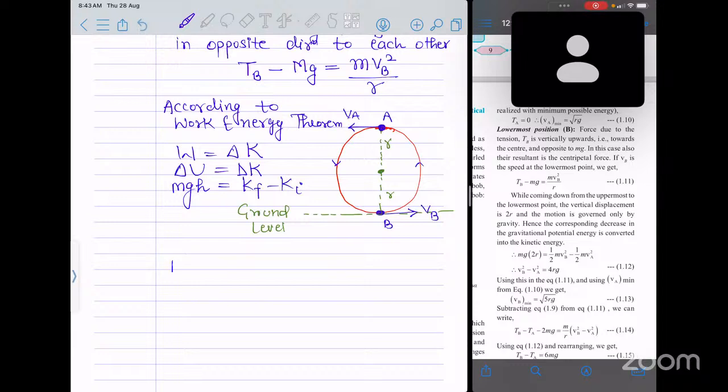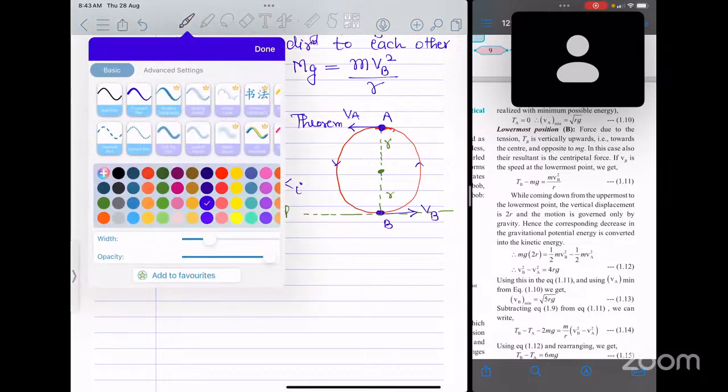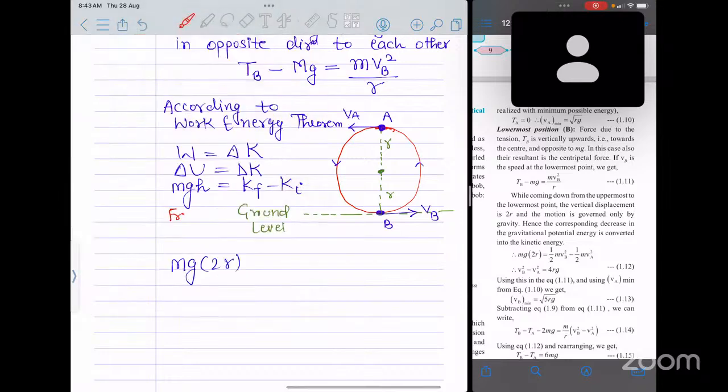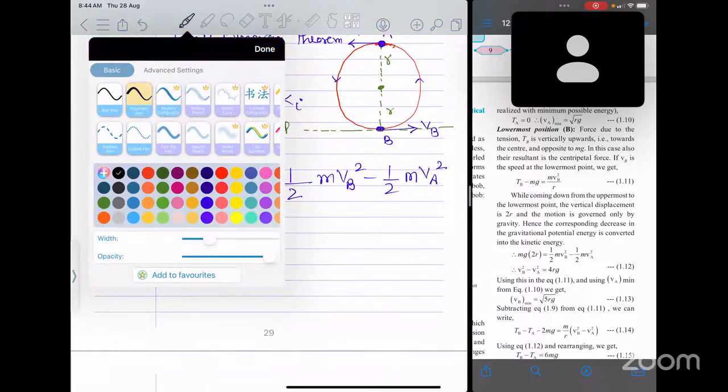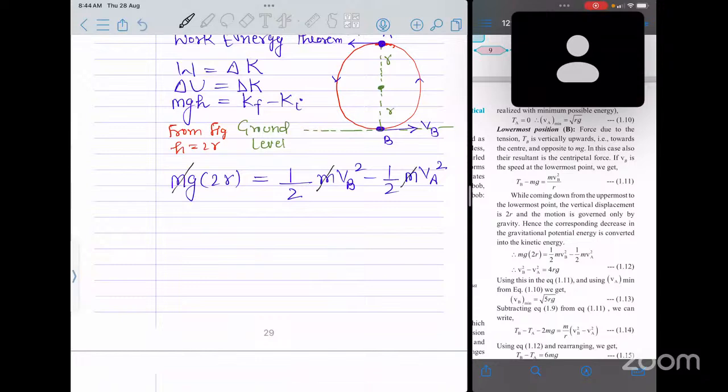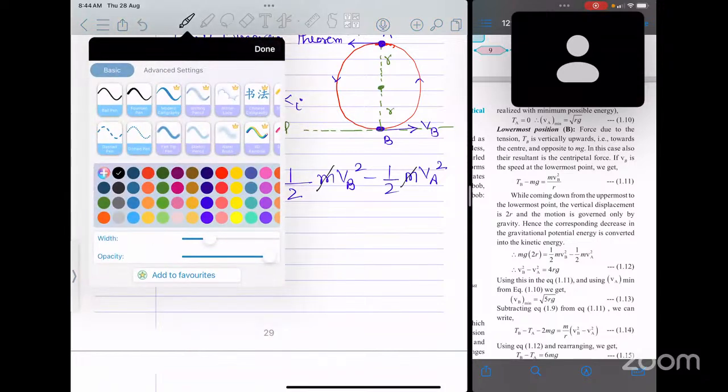If you put in the data, it becomes mg, and in place of h I will have 2r. From the figure, h is equal to 2r, because this complete is the height. So mg into 2r is equal to K final, which is 1 by 2 m vb square, minus 1 by 2 m va square. This is the change in kinetic energy. The m factor is present in the equation throughout, so cancel the m factor. Multiply the entire equation by 2 and you will get